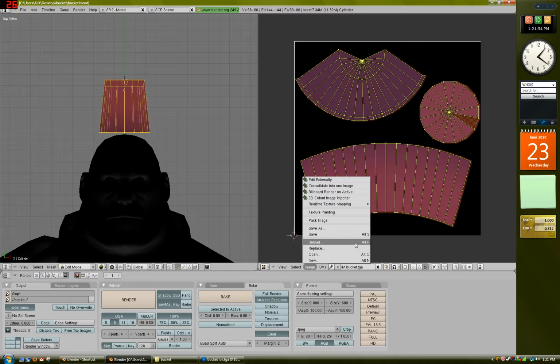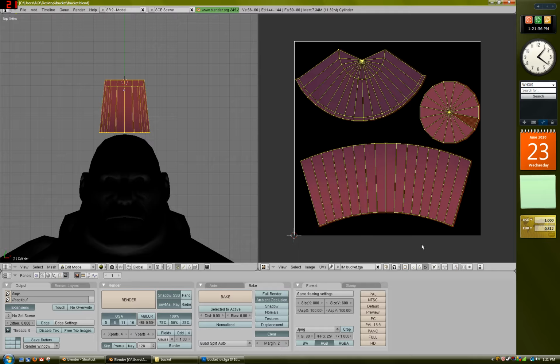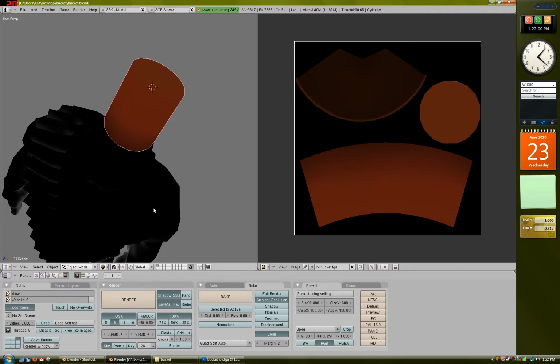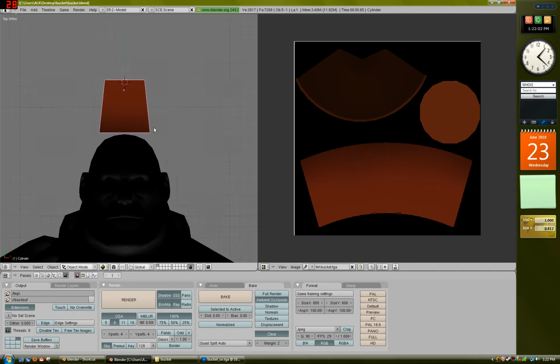Right here, you can just do it the same way. Image, Reload. It just updates the image, and then you can go back into object mode and look at it a little nicer. So let's say this is my finished thing. I'm done with this. So now,